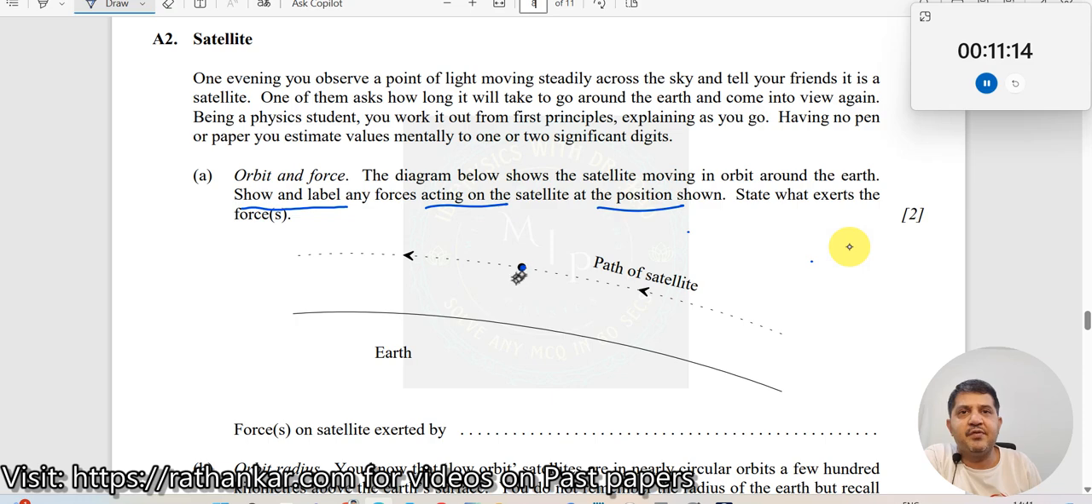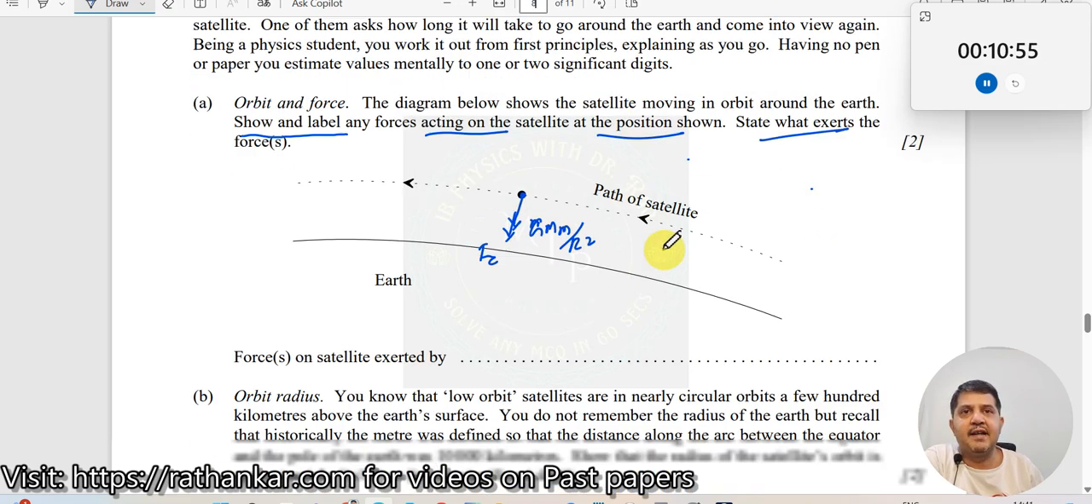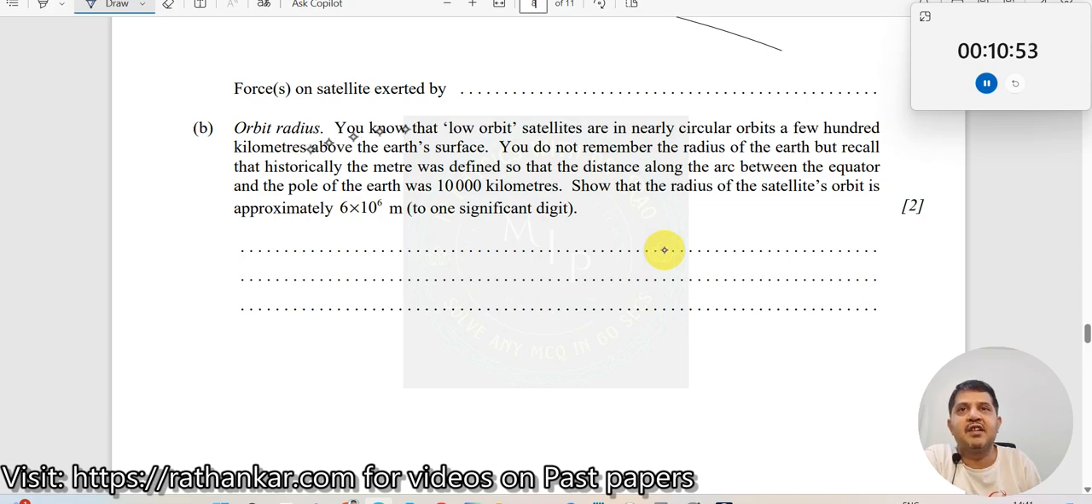So the first force that acts on it is nothing but your gravitational force, which you call G capital M small m divided by r square, which can also be said something like this, your centripetal force, Fc. Okay, state what exerts the gravitational force. So centripetal force is being provided because of the gravitational force. That's your answer. Then force exerted on satellite is nothing but gravitational force,